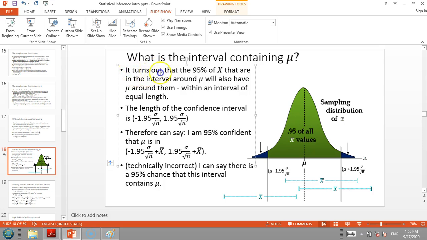So it turns out that 95% of the x bars that are in the interval around mu will also have mu around them, okay? Within an interval of equal length, okay? And the length is plus minus some number, and this is the number. And this, I think, should be 1.96, not 1.95 like this. If you want to be as precise as possible, it's 1.955. Somewhere between 1.95 and 1.96. Anyways,